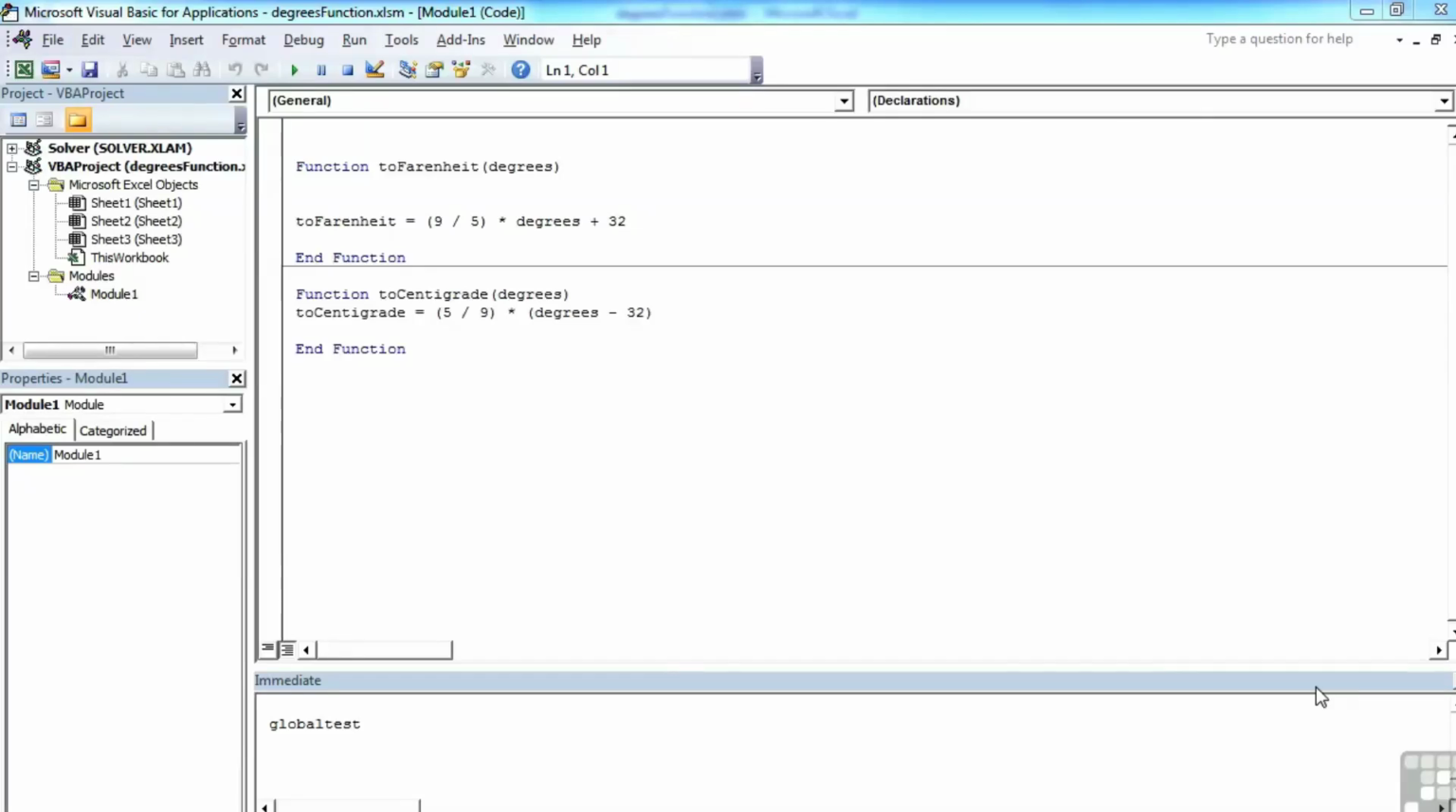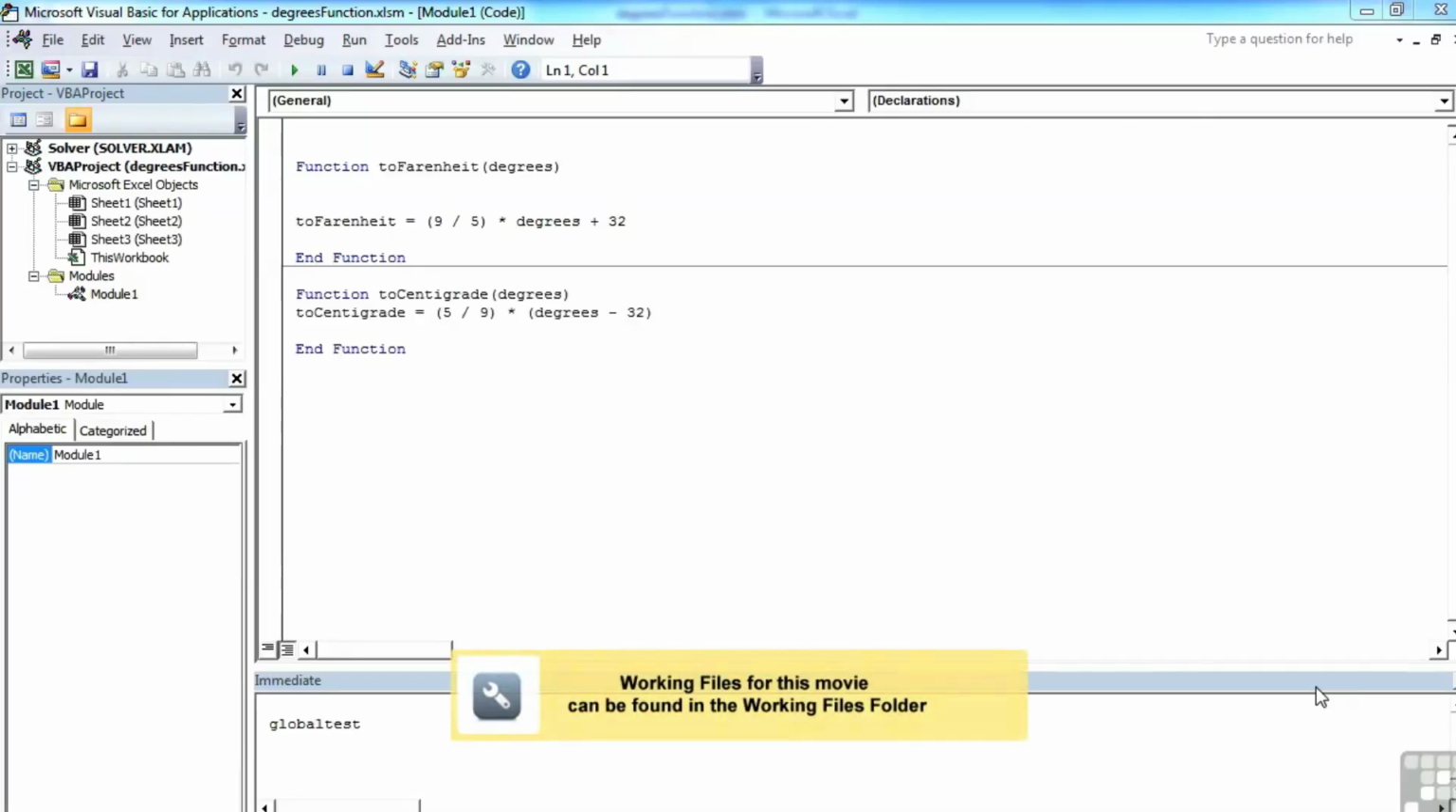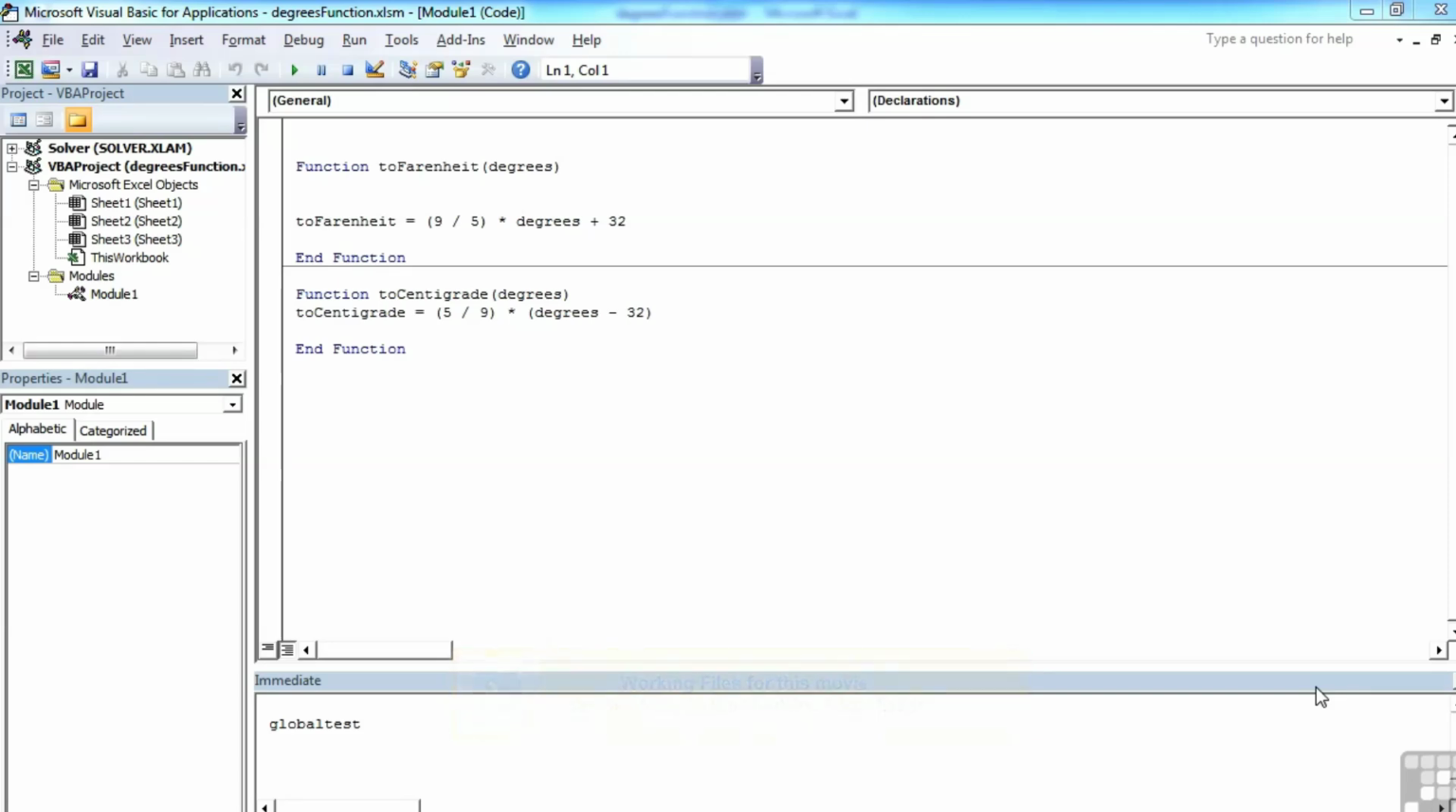When it comes to calling functions, there are only two methods available to you within Excel. You can either call a function from within a subprocedure, or you can call a function from the actual cell in Excel. So if we take the degrees function working file, where we have two working functions, 2 Fahrenheit and 2 centigrade, and let's add a subroutine in here so we can see that we can call one or other